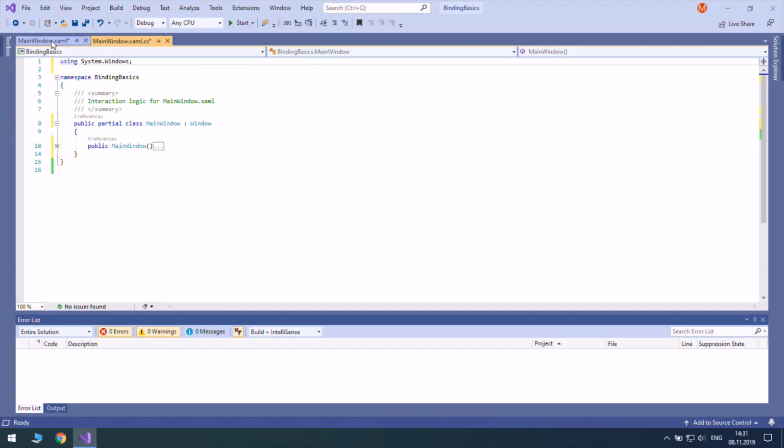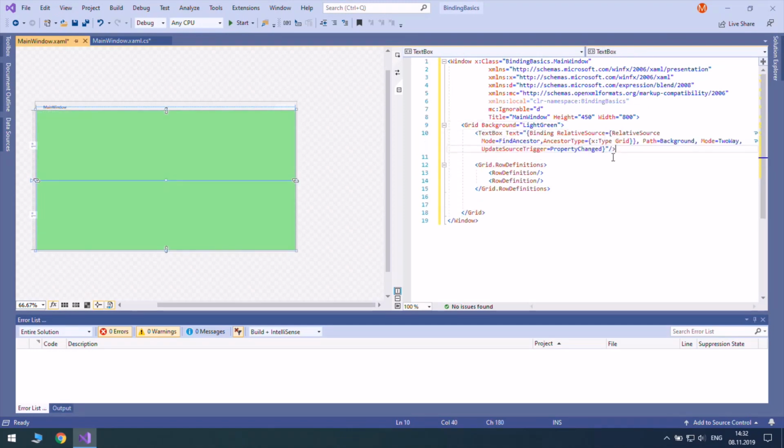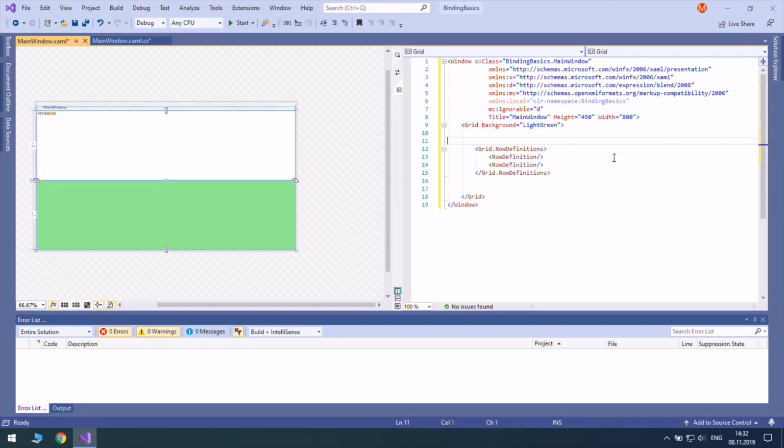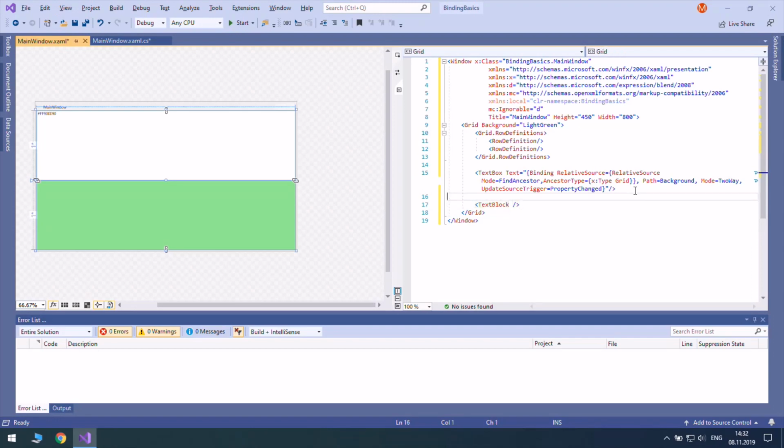The next useful feature of Visual Studio is moving lines up and down. So instead of cutting and pasting stuff, like here, you can just hold the Alt key and press up or down, like here. And that's all. No need for cutting and pasting. But it only moves one line at a time, so oh no, it actually works more intelligent than I thought. Okay, so let's move on.